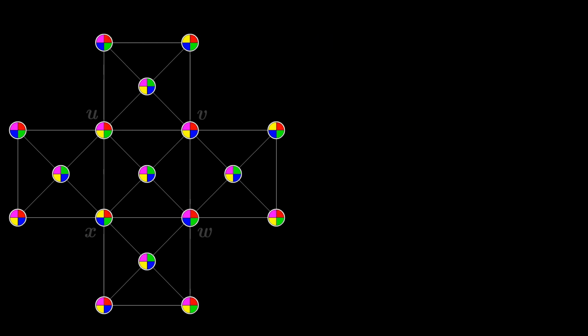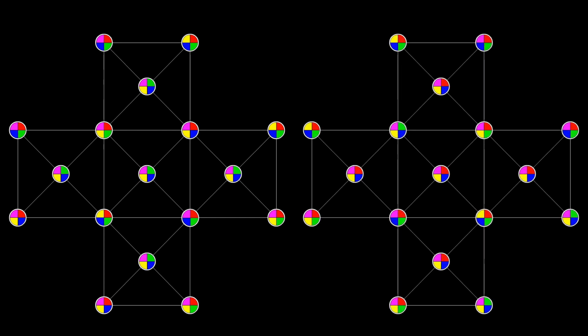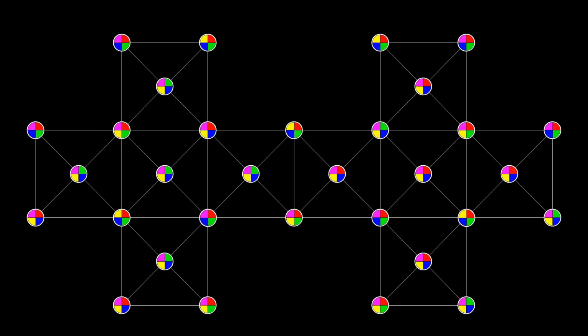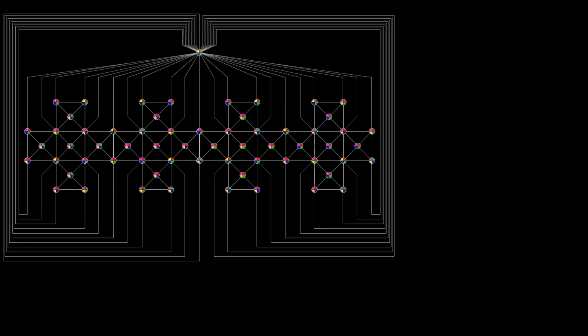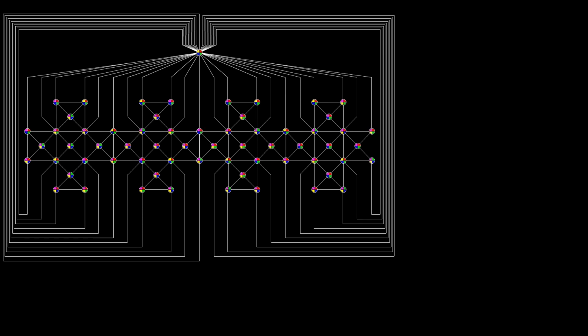Now, we can make another copy of the graph, but with the colors permuted, so now it is green the color that is forced to appear in the outer vertices. Additionally, we can fuse the graphs since 2 vertices have the same list assignment. We make another 2 copies, so that in these 2 copies, the colors that must appear in the boundary are blue and yellow. Now, we add a node with the list of red, green, blue, and yellow that is connected to all the vertices in the boundary, and voila! We have our example of a non-4-colorable graph, since we deduce that all those colors must appear in the neighbors of this vertex.